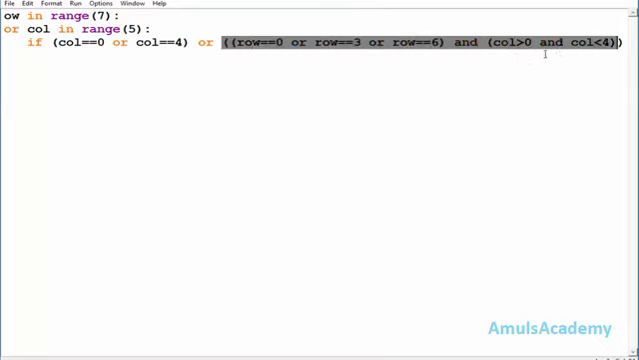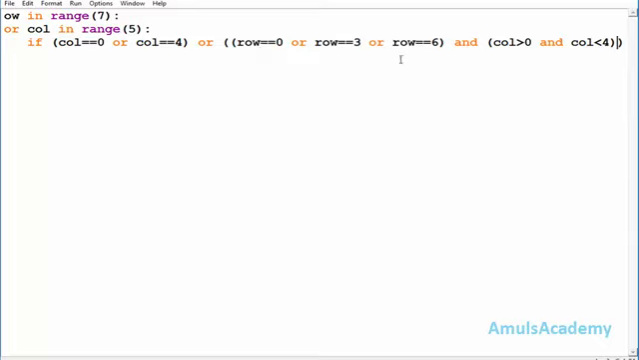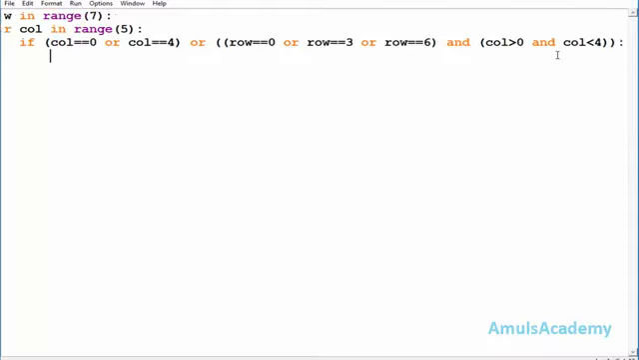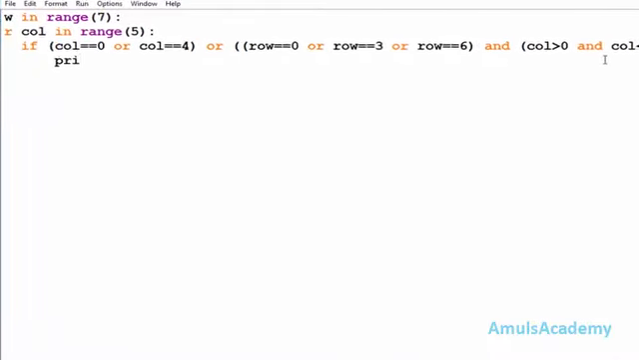And here in this part we are concentrating on the rows, that is at row 0 or row 3 or row 6 we want star, but at that time column should be greater than 0 and less than 4. If you already watched my previous tutorial, then this is the only new thing, right? Remaining codes are the same, right? Then I'll enter inside the if body and I'll print